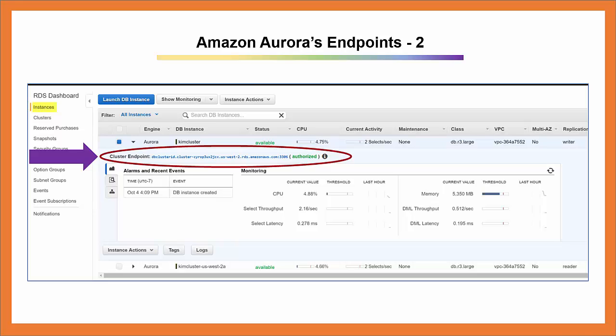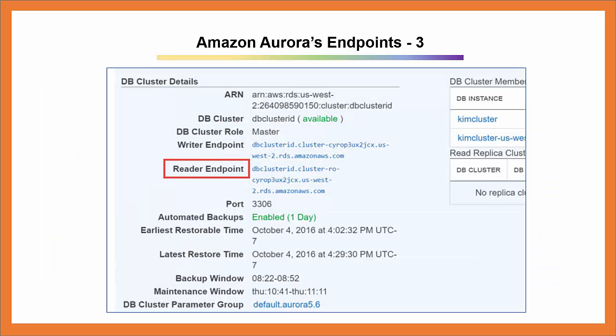Your application will continue to send read and write traffic to your Aurora database cluster by using the cluster endpoint with minimal interruption in service. Each Aurora database cluster has a reader endpoint that you can use to connect to one of the Aurora replicas in your cluster. The reader endpoint load balances connections across all the replicas available in the cluster. Note that the reader endpoint only load balances connections. If you want to load balance queries to distribute the read workload for a cluster, you'll have to manage that